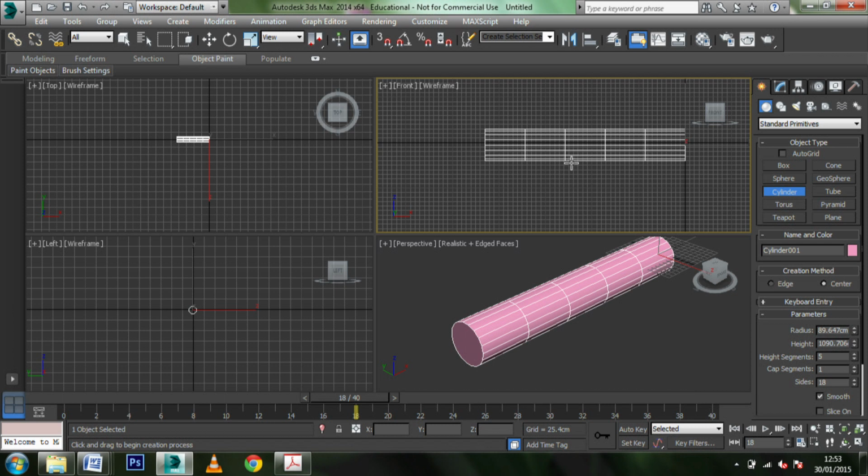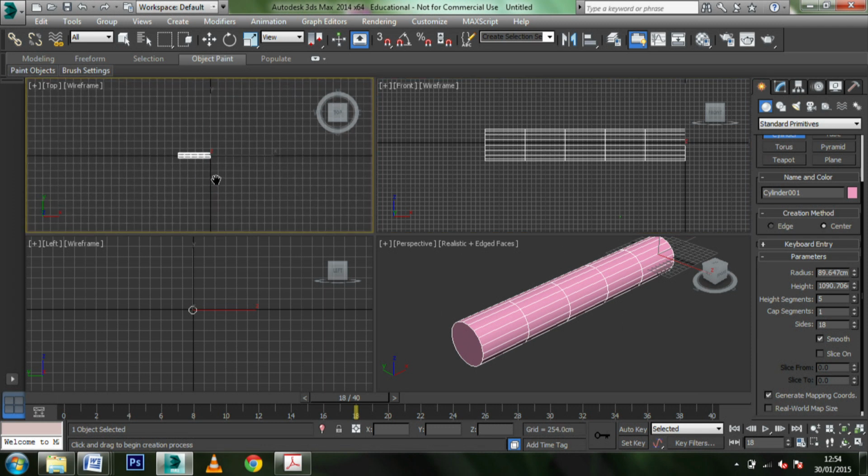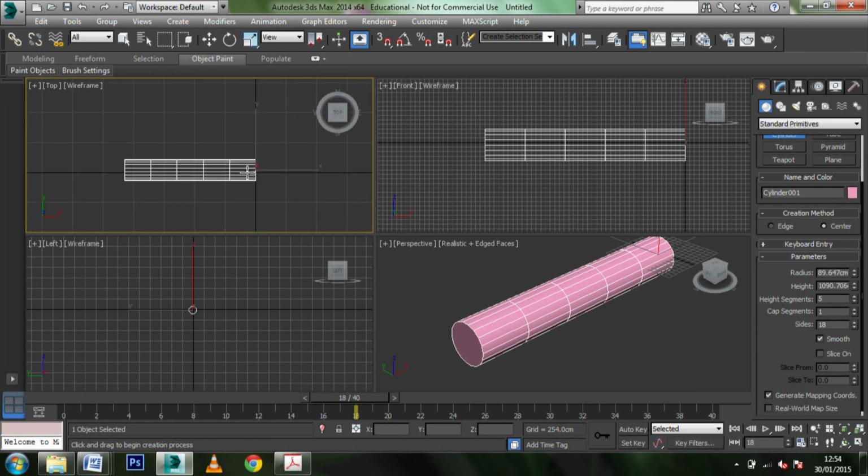And the idea with box modelling is we start with one shape that gives us the very basics of what we want to create. And now what we need to do is think about what areas of an aeroplane there are. So obviously there's wings at the front and at the rear of the plane. We also have a cockpit, and we've got to make room for an engine as well. So with this in mind, I'm going to think about how many segments I'm